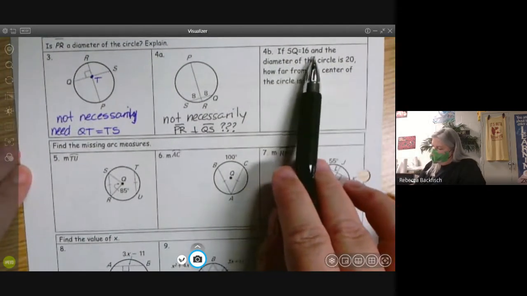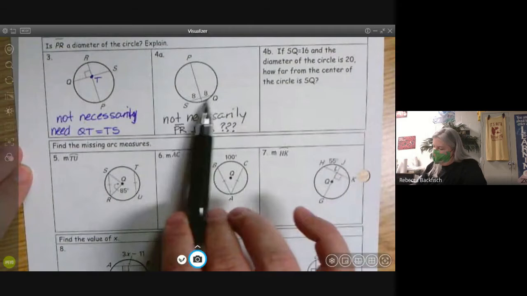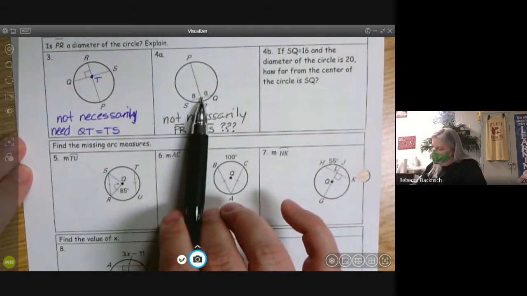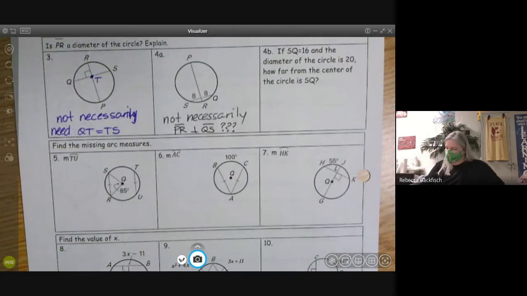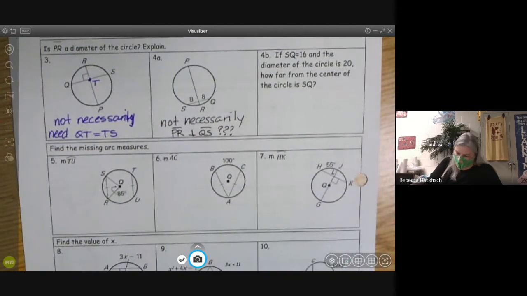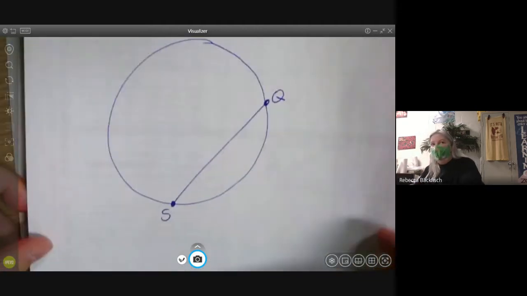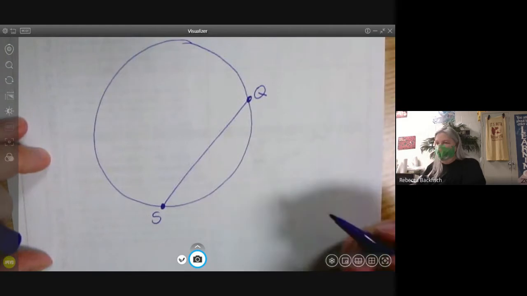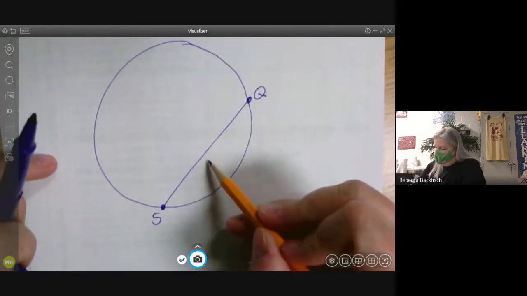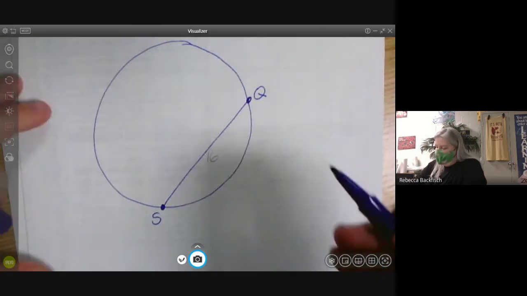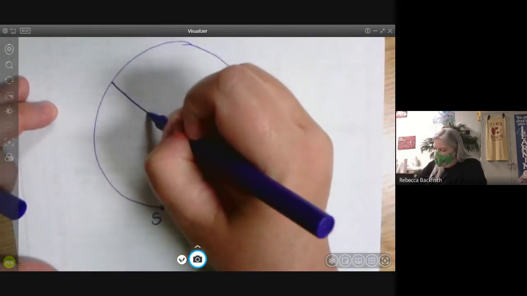If SQ is 16 and the diameter of the circle is 20. So I guess we're saying it's like this. How far from the center of the circle is SQ? Let's see what they're talking about. SQ is 16, and the diameter is 20. Okay, so if I have a chord that has a length of 16, I could write it like this for a second. And the diameter, I know that a diameter is going to be,